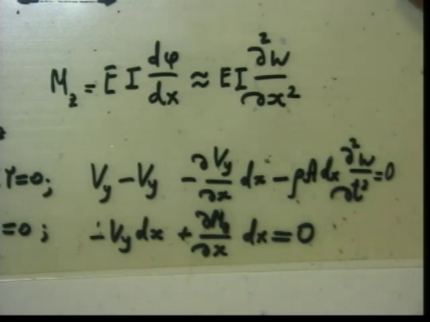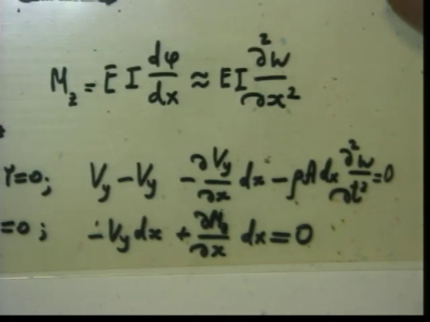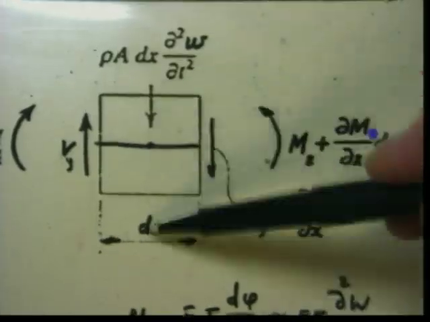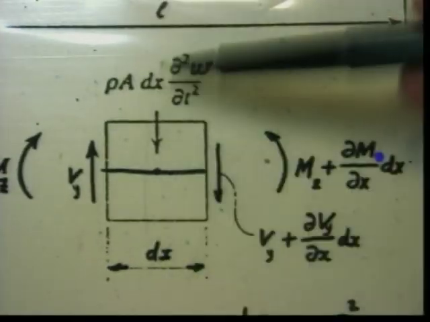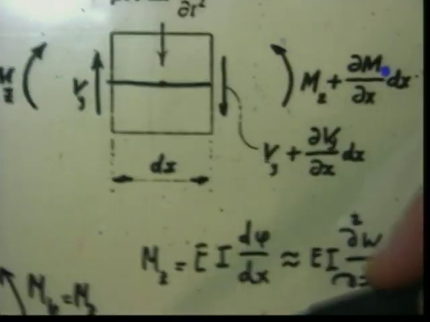So we have two equations. We have forces in this direction naturally. So we wrote down the sum of the forces in this direction. Then there is,